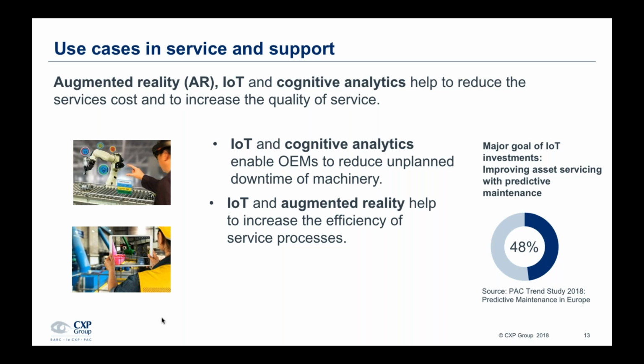So, for example, if you have products on site at the customer, which are equipped with sensors and connected via IoT and deliver performance data to the OEM, then ideally the OEM can monitor the performance of a product and send alerts to the customer so that he can take immediate action and ideally avoids any service calls. And in case service is needed, rather than sending a service technician on site, the OEM can assist the customer actually on site, solving a service issue, leveraging augmented reality solutions, which display service instructions, just like described above.